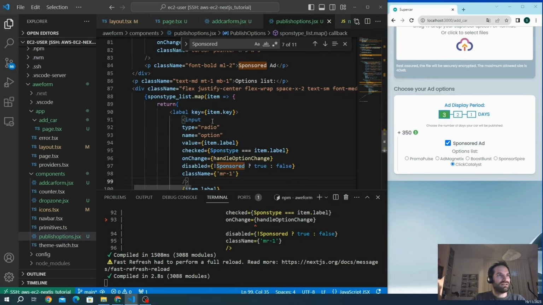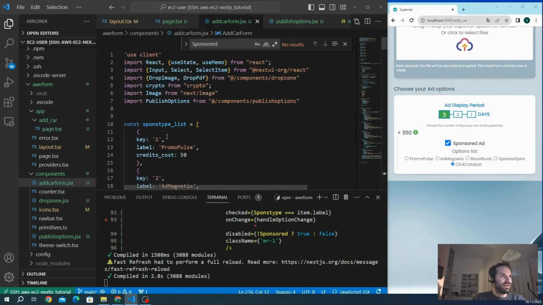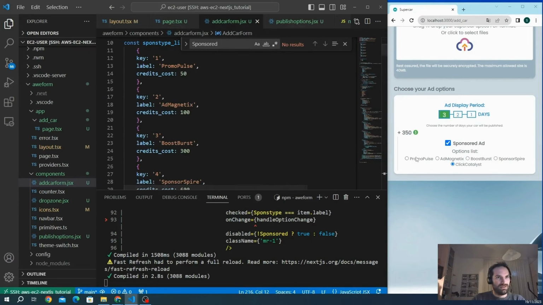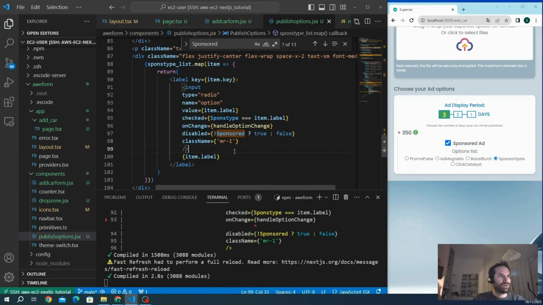And for this key, we choose the attribute key that we can see from the object that we defined on form here. That is this one. Each of these has a different key, as the label, and as the credit cost. And I will show you how it updates the credit cost depending on the selection and depending on this value. We go back to the publish options,